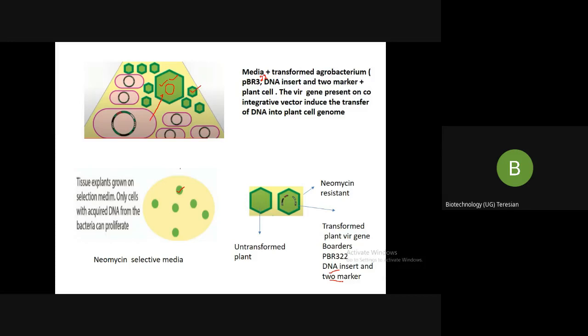Here you started with two vectors, the intermediate vector and the disarmed vector. And then you fused them, that is, there is a homologous recombination region. Using this recombination region, you fuse both the plasmids to get a single transformed plasmid, which again you insert into your agrobacterium, and then you try to insert it into a plant of interest. And using the markers, we can select